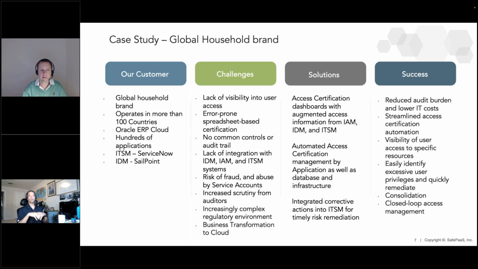If there's any excessive privileges that were granted early on in the project or for a special need, they can be quickly remediated. And having that confidence through the closed loop consolidation and closed loop approach where they can see what they've certified. So one interesting problem I felt was a big benefit for this customer was they